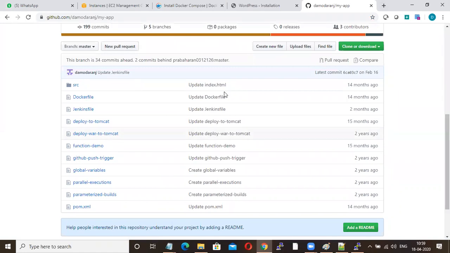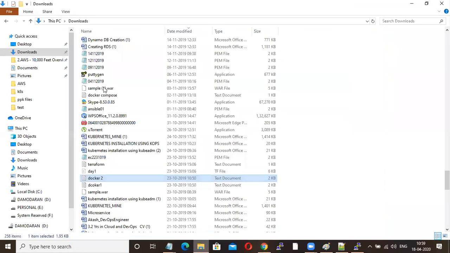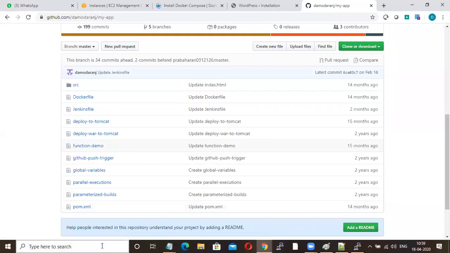In my environment, they will give files like this. pom.xml is for Maven, and the Jenkinsfile is for the Jenkins pipeline, and they will give a Docker file like this. We have to deploy this using a CI/CD pipeline, which we will see in real time. I'll show my real-time environment Docker file.